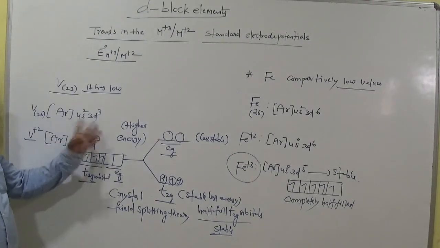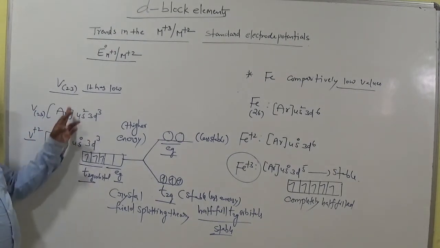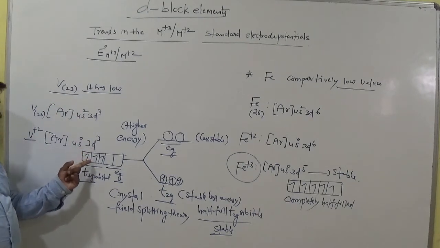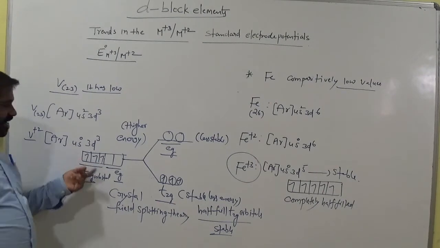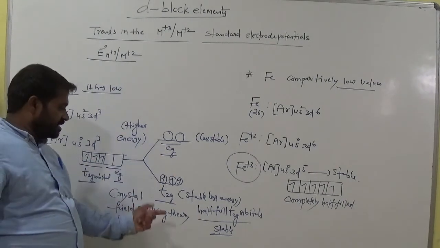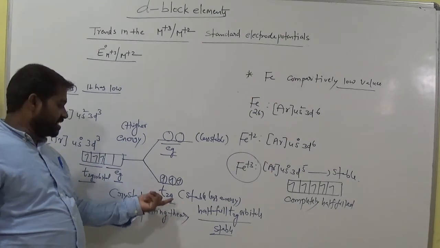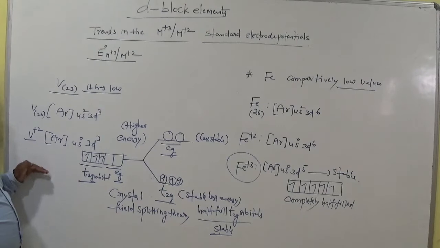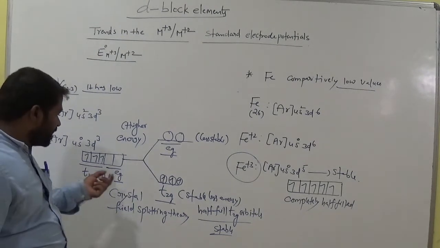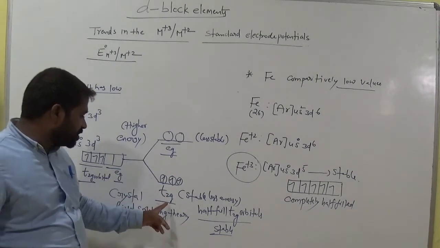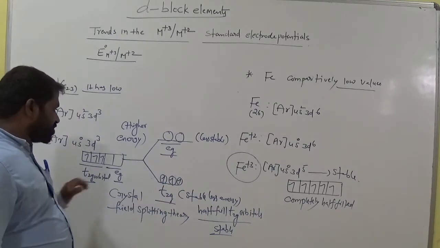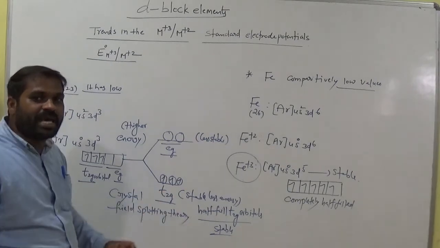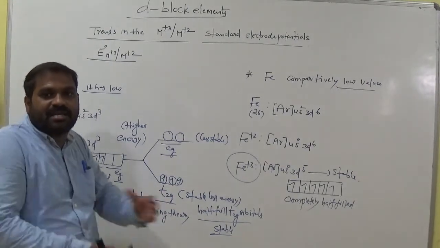23, argon 4s2, 18 plus 2. For vanadium plus 2, remove these electrons, then 3d3 is here. So why is it stable? It undergoes crystal field splitting, then the T2g are more stable orbitals. In this manner V plus 2 is more stable. So it is further unable to form V plus 3. For V plus 3 we would need to remove one more electron, but it is already stable. So it is difficult to remove the electron. So V plus 2 is unable to lose the electron readily.